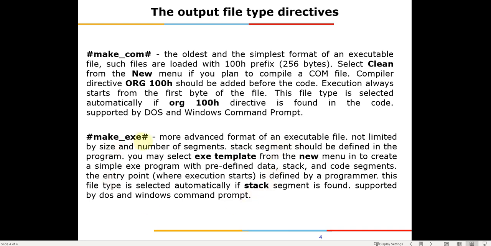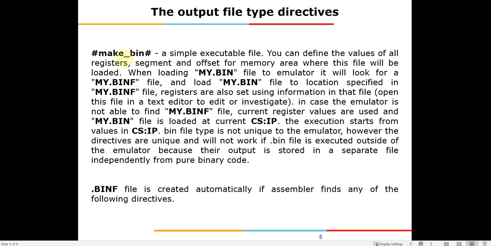So that is .exe format, and then the last is known as .bin format. In the .bin format, everything is programmed by you, so you need to specify the code segment, the data segment, and also the CS and IP need to be specified by you.